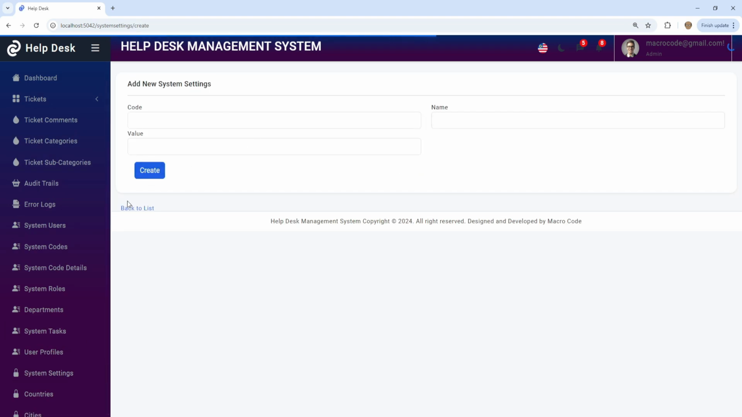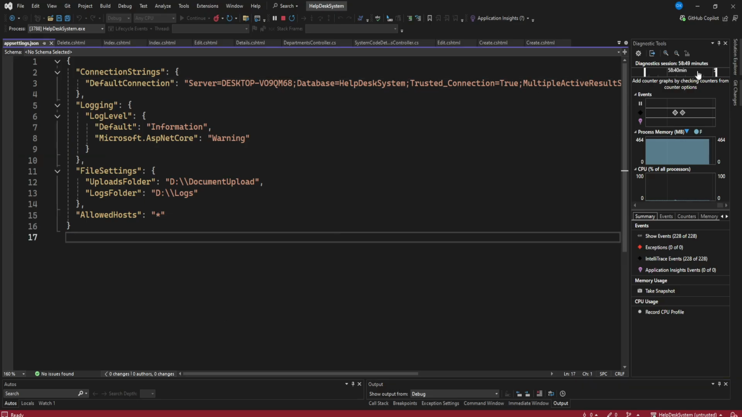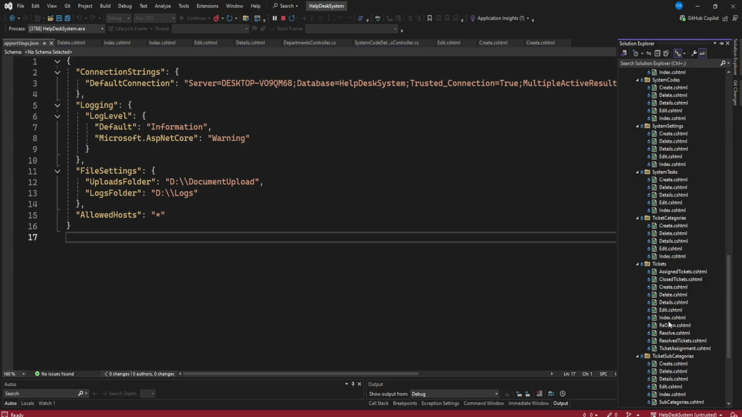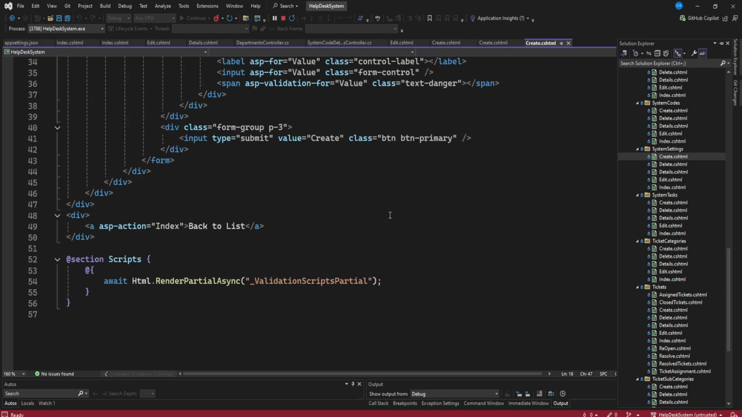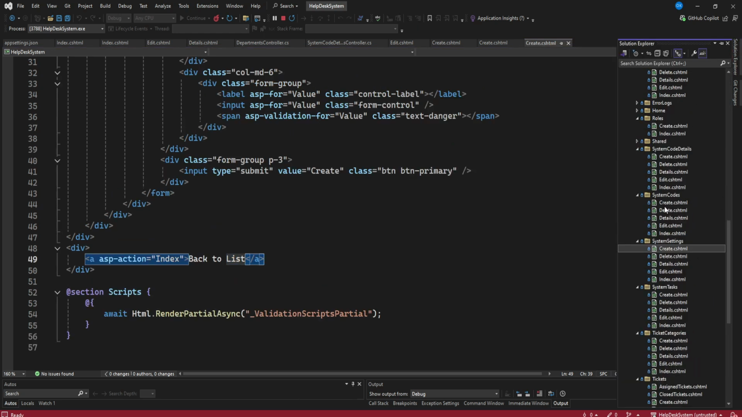If you do that, you can see here we don't have that aligned. So let's just go now to system settings. That is the system settings, and create. We now need to style our buttons, and we can actually copy from our